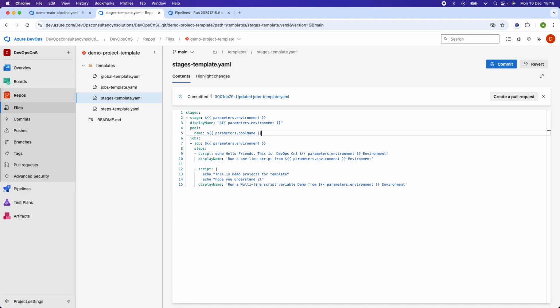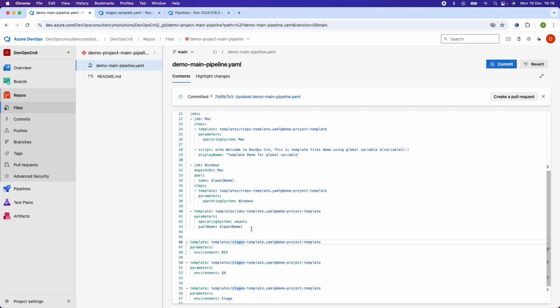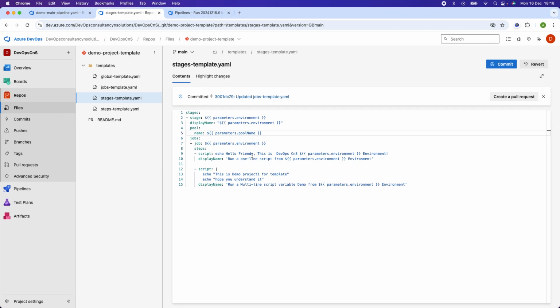So similarly, I can pass the parameter here in the stages and use that variable as a parameter into the stages. So I added here the parameter and another is the global variable. So here I can add the message here,